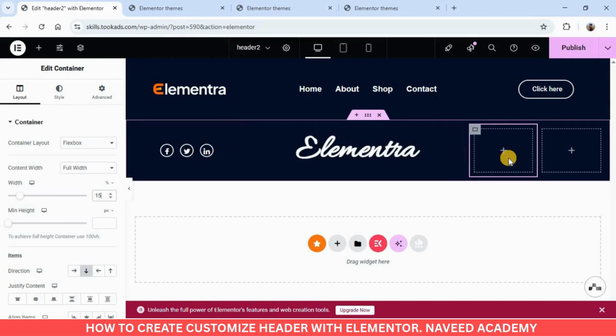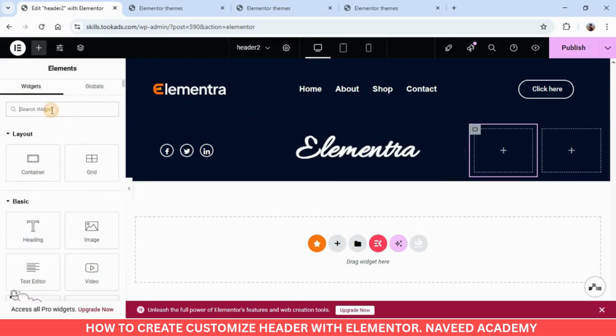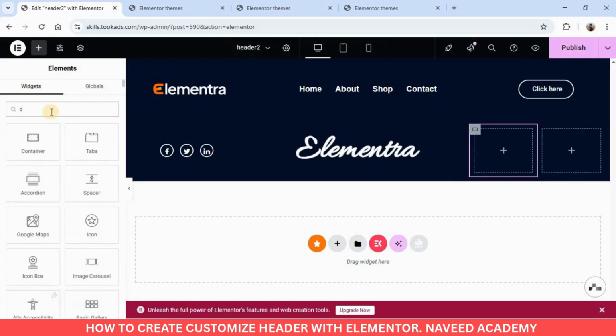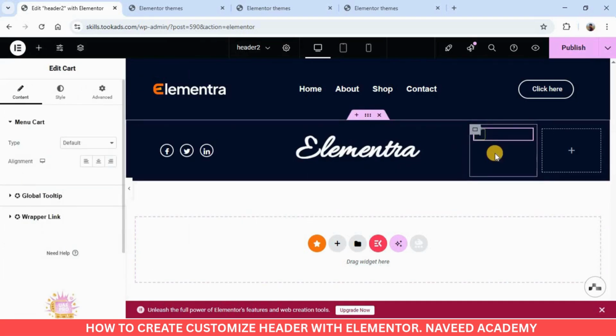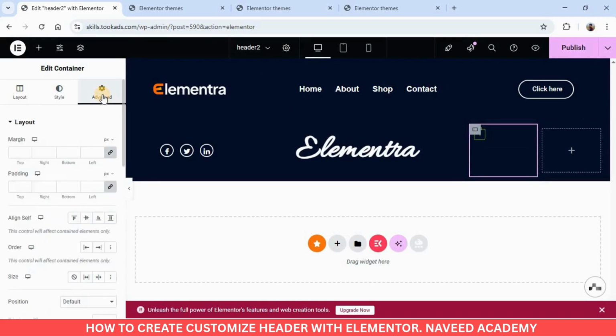Now for the cart option, click here, search the cart widget, drag this cart of Ultimate Add-ons for Elementor. Go to the column, go to advanced and set it align self center.